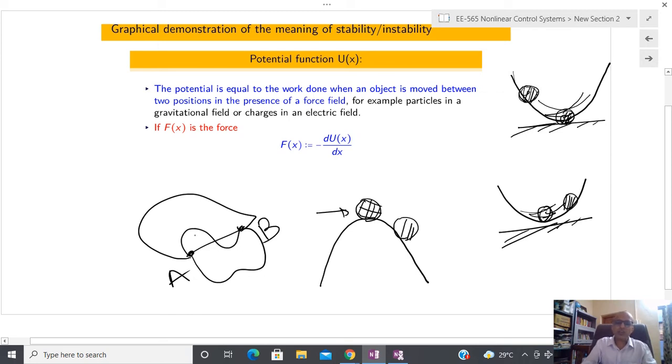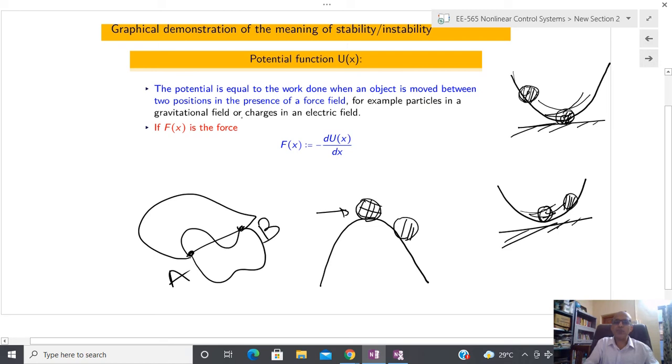Okay, that is not depending on the path from A to B, that is independent of the path. Based on that phenomenon, I am going to construct some kind of potential function, and after that we are going to see the behavior of the potential function with respect to the state. Okay, so I hope that you all are already well aware that the potential is equal to work done when